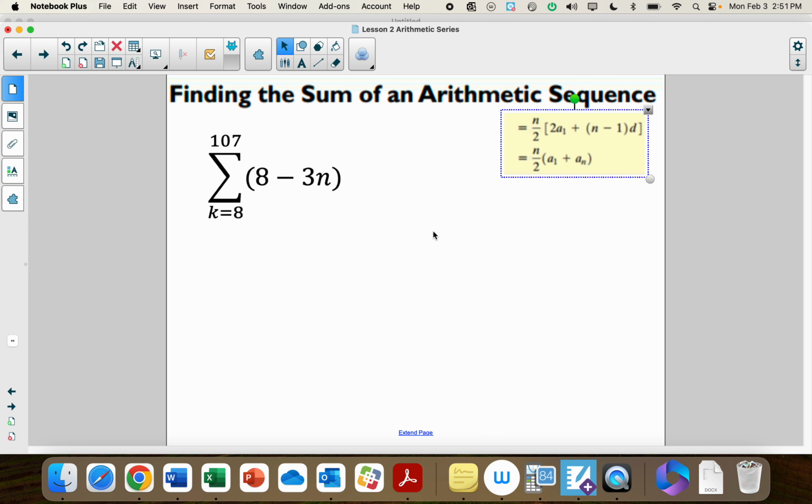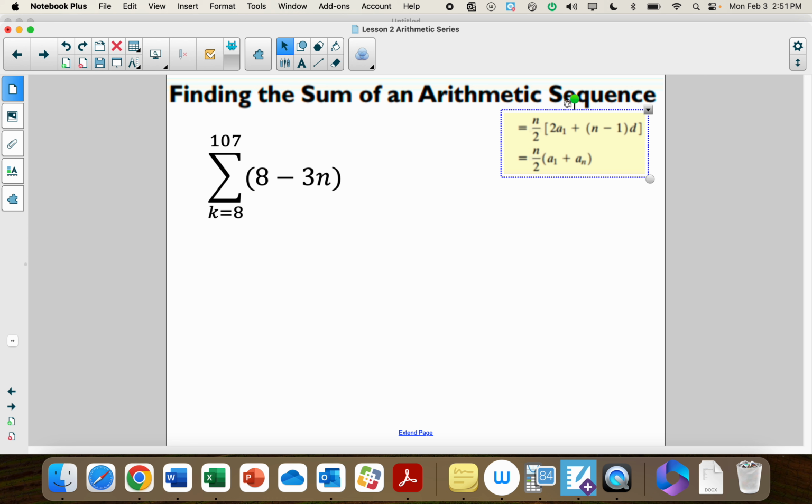So in this example, we're going to solve an arithmetic series question, finding the sum given the sigma notation. So a couple things, you have to recognize that this is an arithmetic sequence, right? You can write out the first few terms, but you should be able to tell that this is linear, and linear implies that it's arithmetic. And so going back to our formulas that we were given, we need the number of terms, the first term,